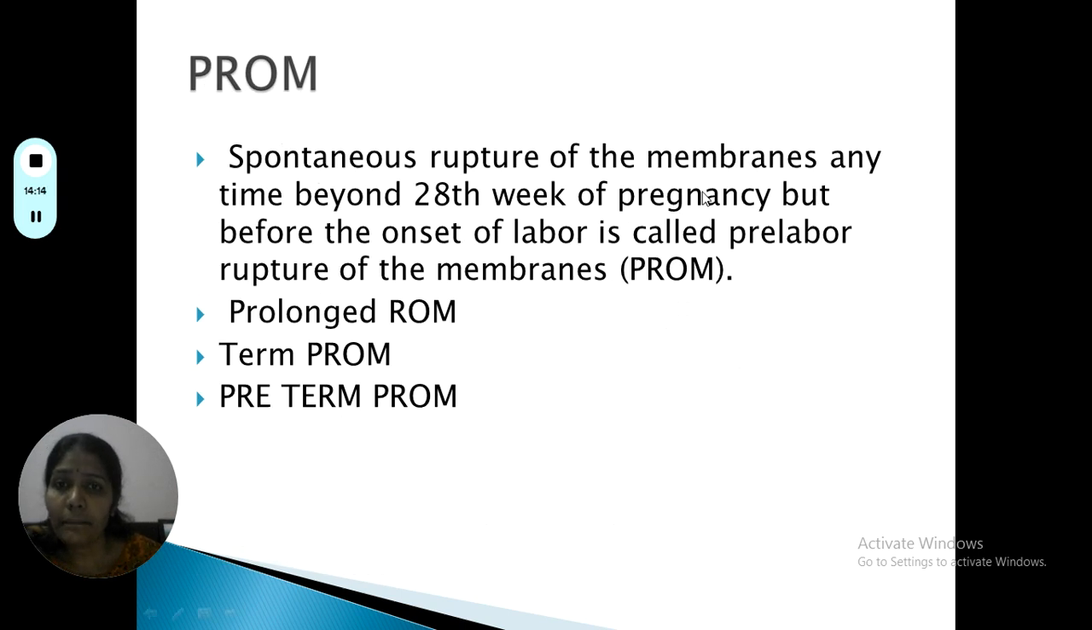Then we are discussing the preterm premature rupture of membranes. PROM stands for premature rupture of membranes. By definition it is spontaneous rupture of membranes any time beyond the 28th week of pregnancy but before the onset of labor. It's called pre-labor rupture of membranes. It can be prolonged rupture of membranes for a period of more than 24 hours. Term PROM by definition is rupture of membranes occurring at term, that is after 37 weeks but before the onset of labor. Then it is preterm PROM, that is less than 37 weeks of gestation. So these are the definitions: rupture of membranes, term, preterm, and